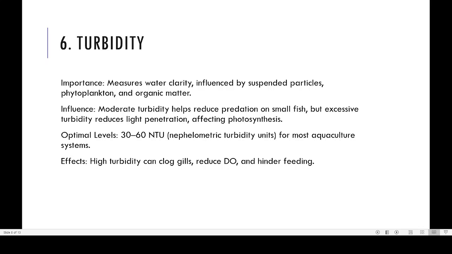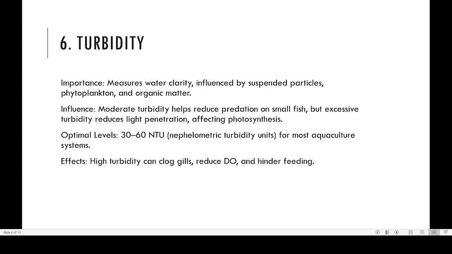But excessive turbidity reduces light penetration, and if the water is not at all clear, what happens is that it becomes completely reddish or completely orangish. And in such a situation, the planktonic organisms, especially phytoplankton, may not be able to get the light they need for photosynthesis, and they may not be undergoing any photosynthesis.